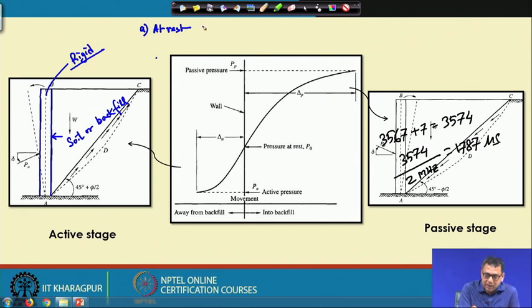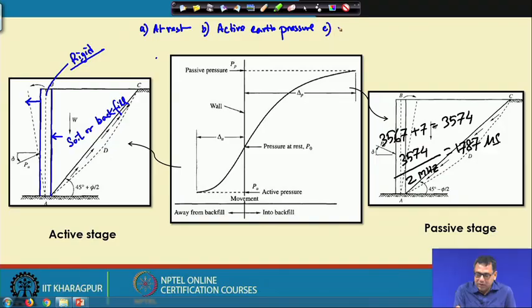And the second one is active earth pressure. What is active earth pressure? Now, when this soil is giving a stress or pressure on the wall, if the wall moves in this direction, that is, in the direction of the force, because your force direction is this way and the wall is also moving that way, then that earth pressure is called the active earth pressure.